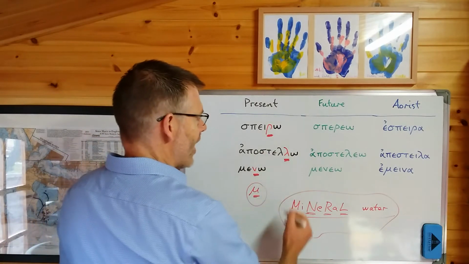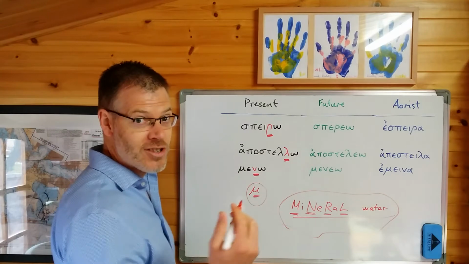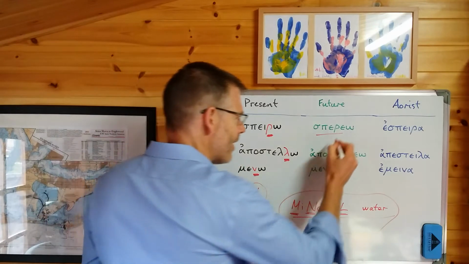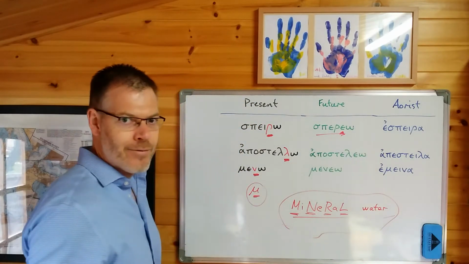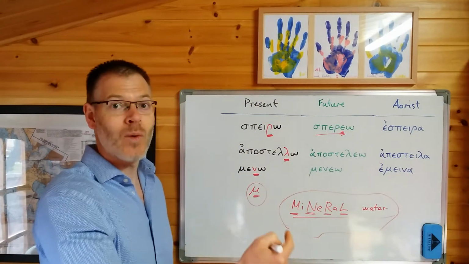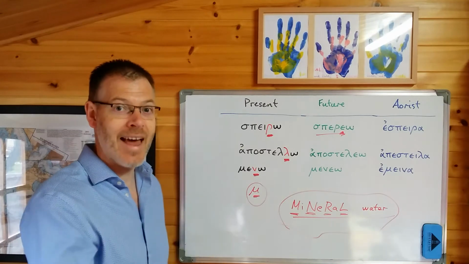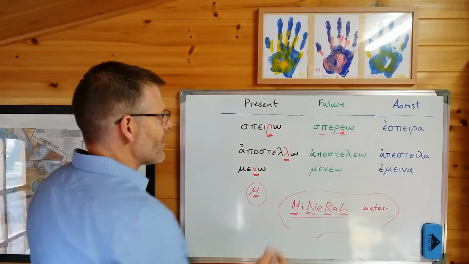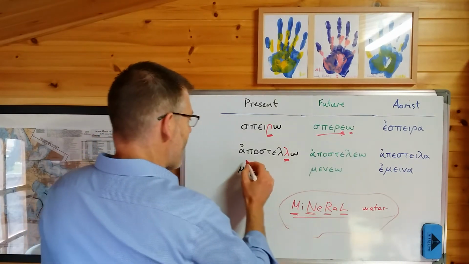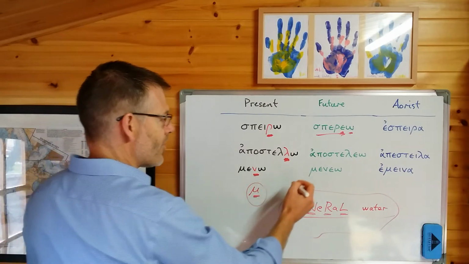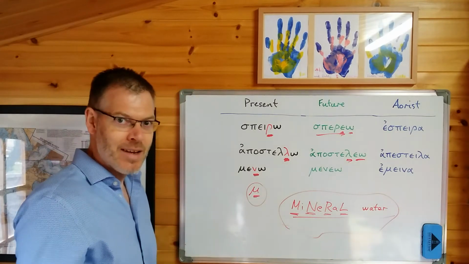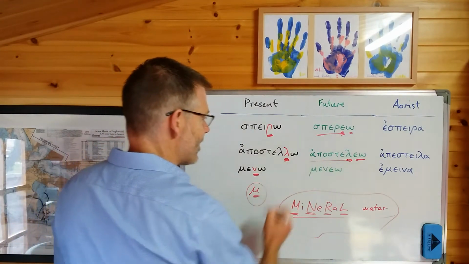So with the future, well, you change the stem. So just as an example, spero goes to speo, and it's quite common for a liquid verb to form a future with an epsilon-omicron in it. This will then conjugate in the normal way that an -eo verb conjugates, like phileo, and you remember that from ages and ages ago. So change the stem, and you've got the normal ending on the end. Not too difficult. Apostello goes to apostelo with a single lambda. So you've got some differences there, and a difference in the stem.